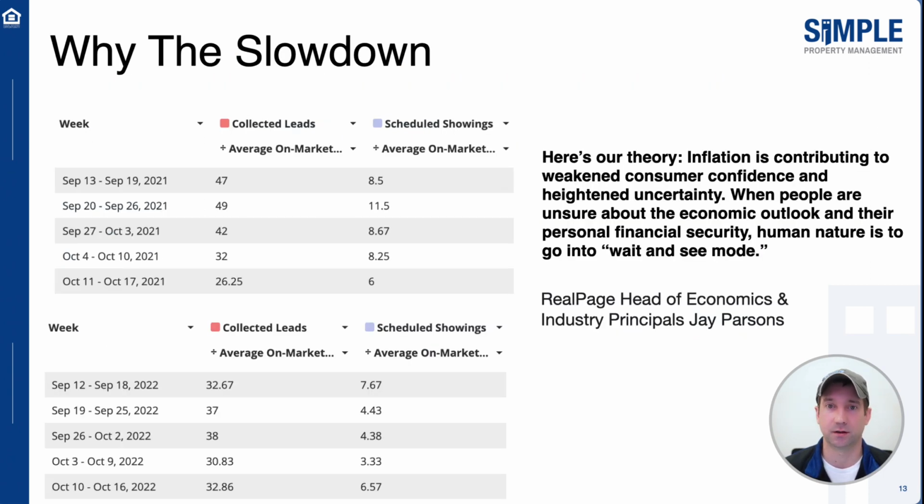Here's some stats that I pulled just this morning. So it's October 17th. Comparing last year at this time to this year at this time, you'll see that last week, October basically the 10th or 11th through the 16th or 17th, was a better year this year than last year. But overall, this past 4 to 5 weeks has been slower than this time last year. I mean, look at October 4th through the 10th,